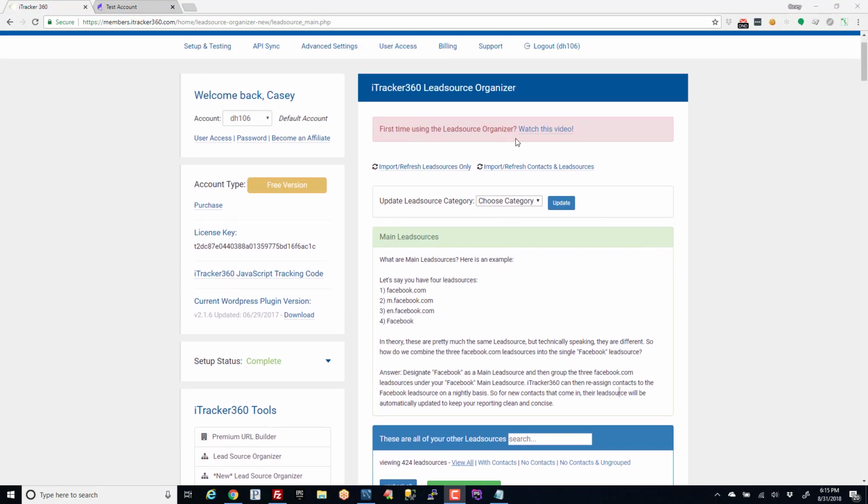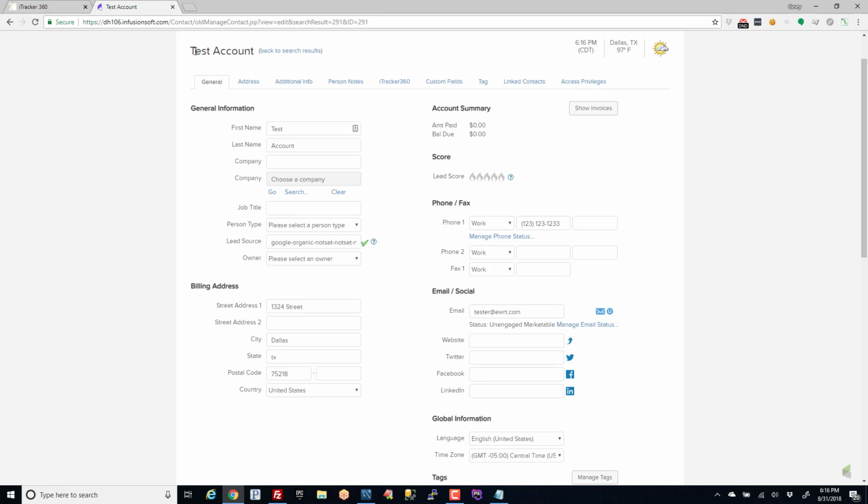So hopefully this is your first time using the lead source organizer. I want to show you one of the first features you can do with this, which is reassigning lead sources to different contacts. I have a little example here of that, but I'm going to explain a different example from an actual contact